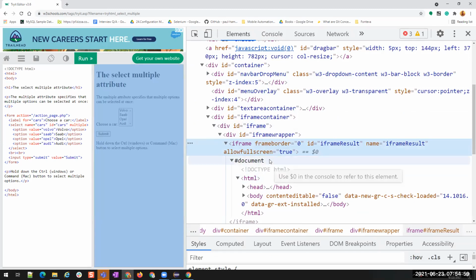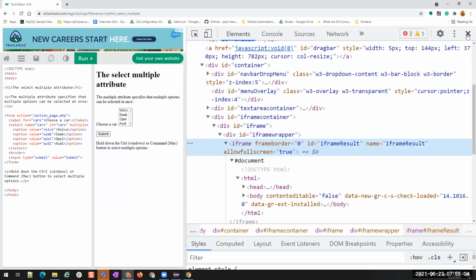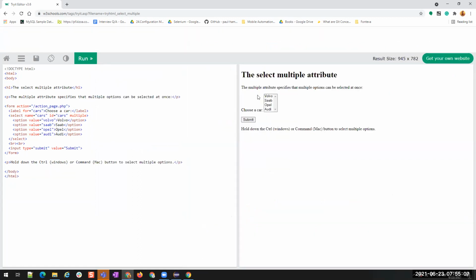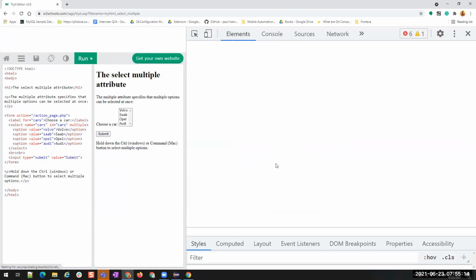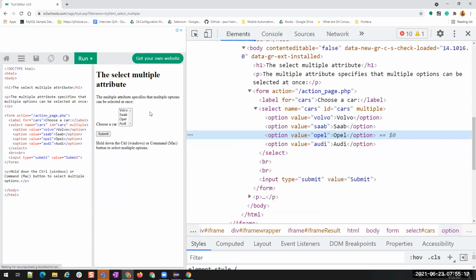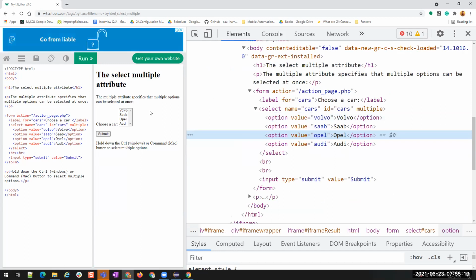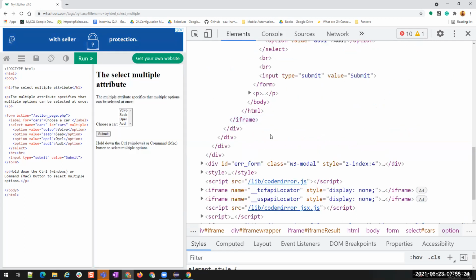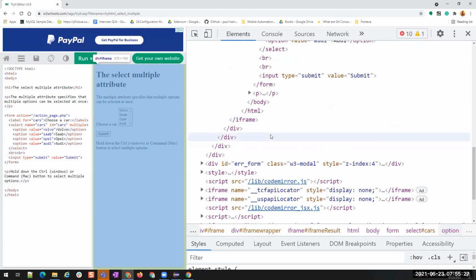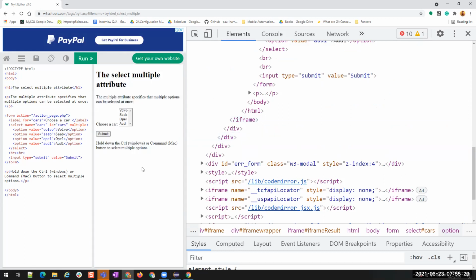In the beginning days of my career, I wasn't aware of this frames concept. So there was an application which I was automating. I tried for around 1.5 days using different techniques. Since I was a beginner, I thought I was writing something wrong in the XPath, or doing something wrong in the element locator, and tried all the ways by using its parent, its sibling, its child. I tried different ways, but it never performed the operation on the element which I was trying to.